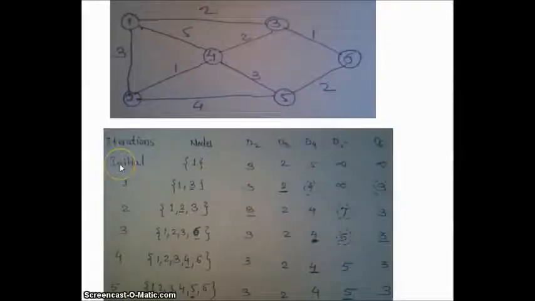The first iteration is called the initial iteration, where the node from where we have to find the distance to the remaining nodes is node 1. Let us see the given example at the top. D2 is directly connected, the second node is directly connected to the first node as well as the third and fourth nodes. Since they are directly connected, their distances are represented as it is, 3, 2, 5, whereas the fifth and sixth nodes are not directly connected.